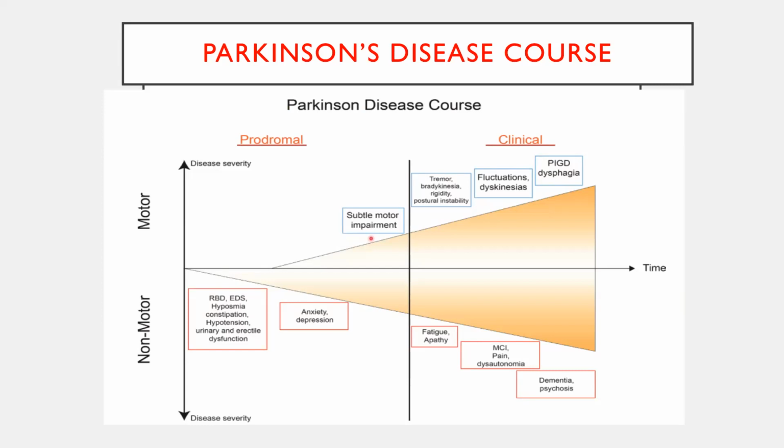Or otherwise, if the patient comes to your OPD with complaints like RBD, excessive daytime sleepiness, autonomic dysfunction, you need to keep an eye out for the motor symptoms also. And these are the earliest features of Parkinson's onset. So once clinical features set in, patient will be having typical TRAP symptoms and fluctuations. As the duration progresses, patient will have fluctuations, dyskinesias, postural instability, and gaze disorders, dysphagia, and associated mild cognitive impairments also. So as time progresses, patient will end up in multiple problems.